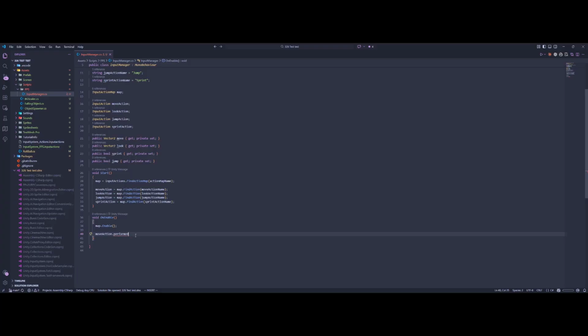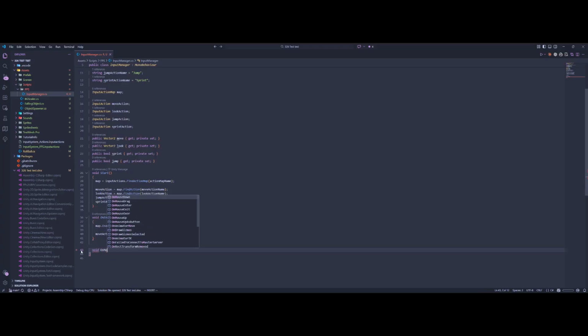There's performed, and there's move action dot canceled. And we know that these are events because, if I was just to rewrite this performed part, you can see it might be small, but it has a little lightning icon to show us that it is an event. So when my performed happens, I want to run a function based on that, right? So in this case, when move action dot perform is run, I want to maybe run a function called on move, just to say that